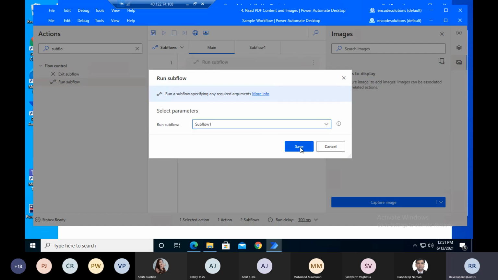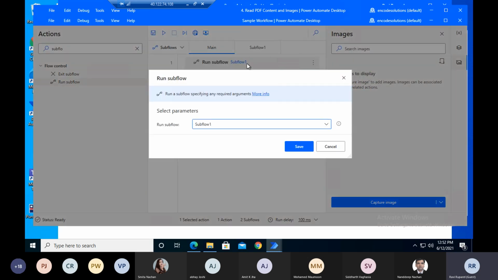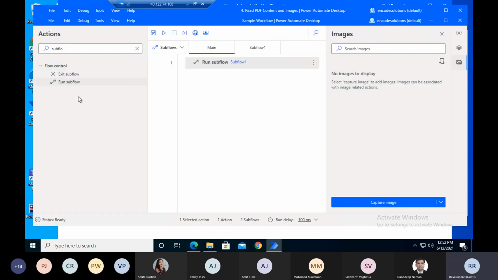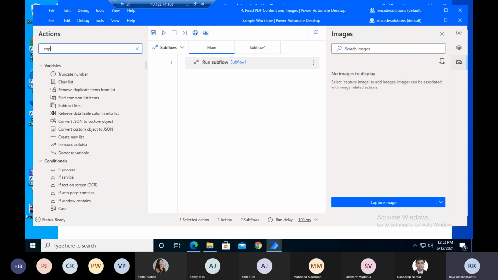So if we have any functionality which has a number of steps, we can divide it into different sub parts. Also, for some of the actions, let me go to copy files.